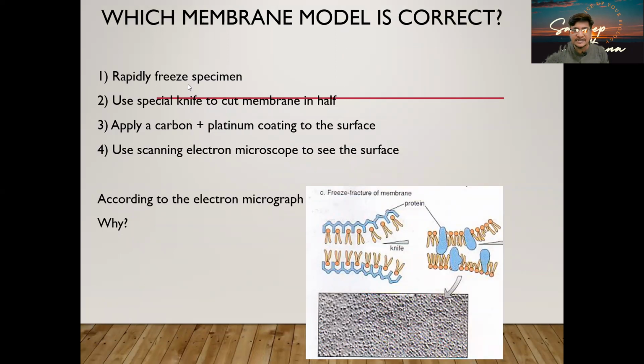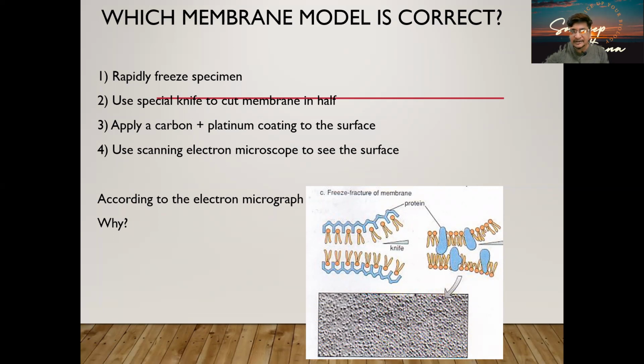It is a rapidly frozen specimen which is cut by a special knife. It cuts in such a way that the proteins of one side remain on one side and the proteins of the other side remain on the other. It is not cutting the protein altogether. And then by using the electron microscope, this structure can be read. That was the basis behind